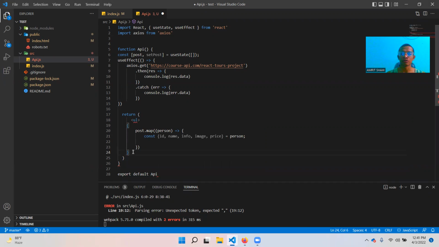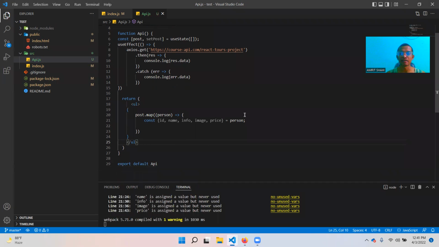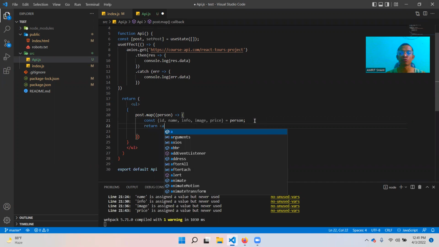Right. So here we have to finish that. No, it's not getting in here, right? Yeah, it's correct. We are in the UL tag. So what we have to do now, we have to destructure it. So we'll return it. Return, but I wanted to show it in an article. So article,